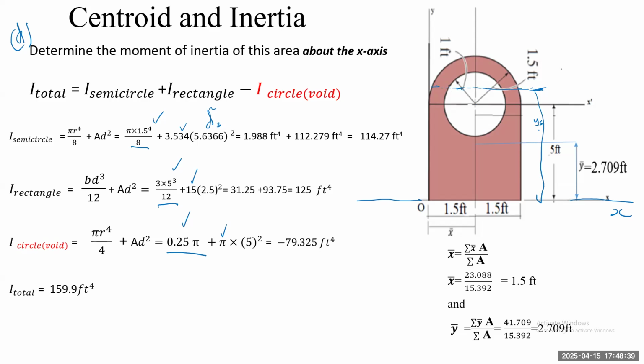You see the difference in this part? It's still inertia you're finding now, remember. But around which axis this time? The x-axis. Make sure you remember when you find it around the x, it's different from the central axis. So we're not using this one again. It's down here. So we're finding each one of them tending to want to rotate around this axis. So it is going to be that y bar distance you have for your table. You just take it, square it, and multiply by the area, and you get that parallel axis